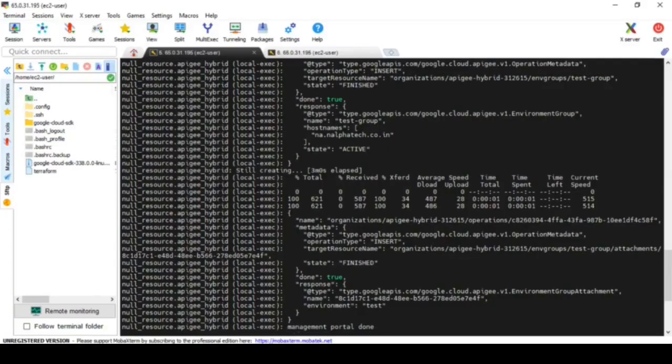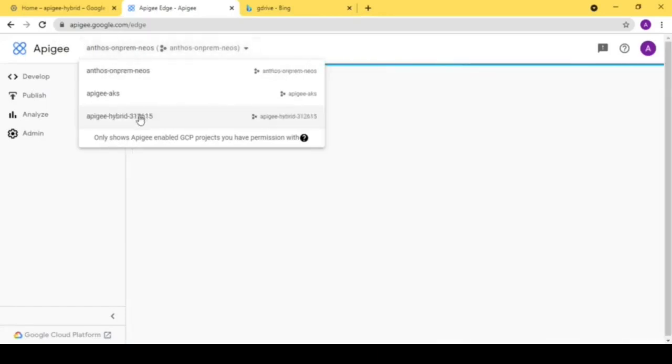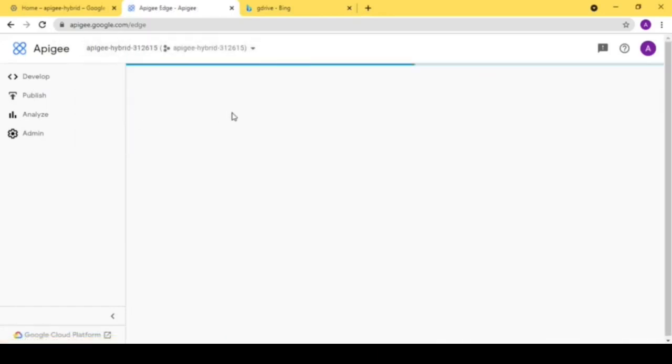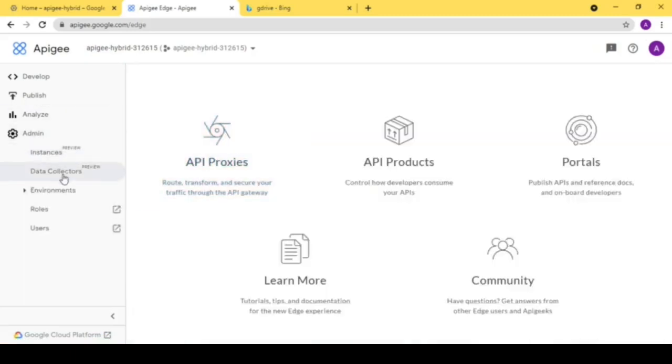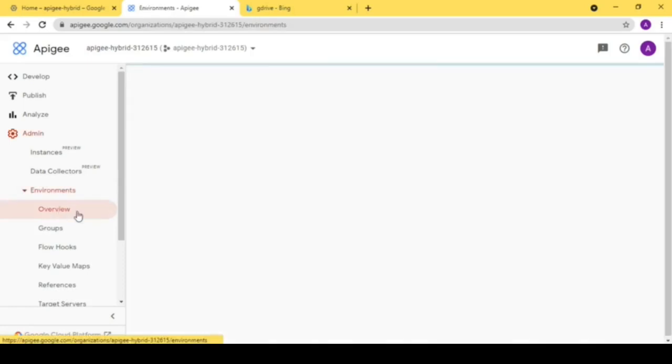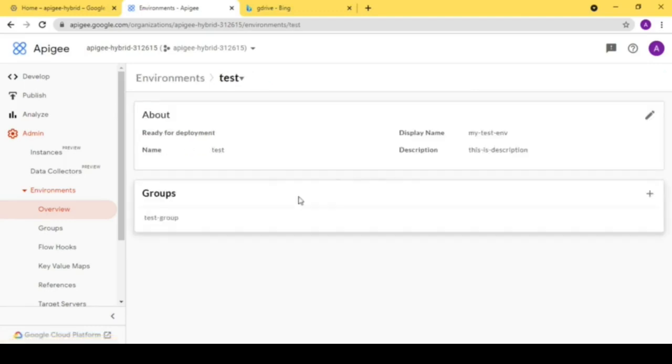We can cross check by selecting our project, in our case Apigee hybrid. Go to admin, environments, overview. Here you can see the environment name is my test environment and the group name is test group. So the management portal part is done.